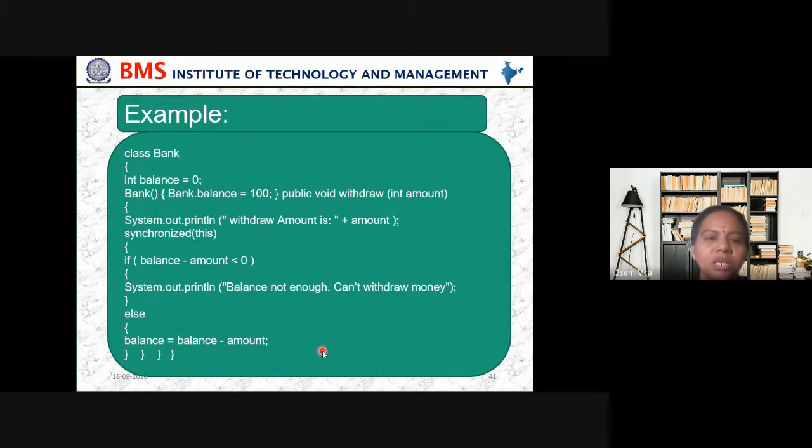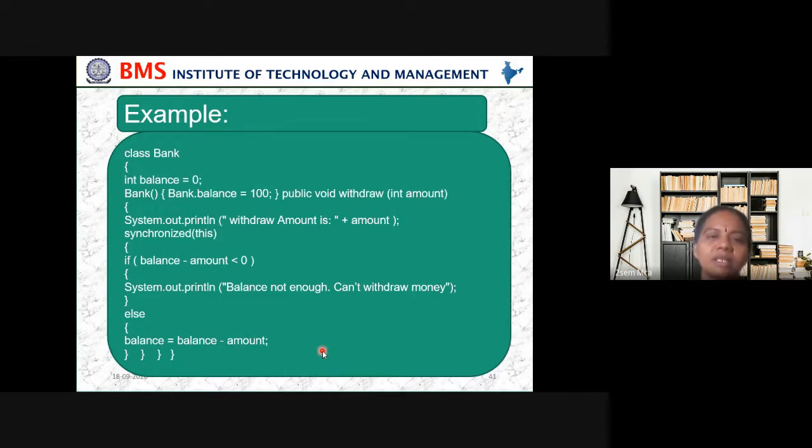What is this synchronized doing? Synchronized this will check whether sufficient balance is there or not. If we don't have sufficient balance, it will wait. For that particular account we are checking whether the minimum balance is there or not. If it is not there, it waits.